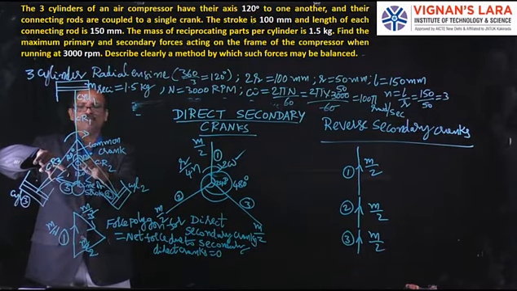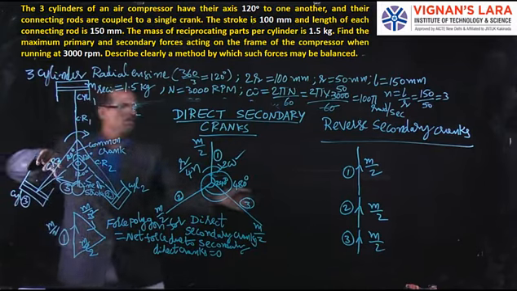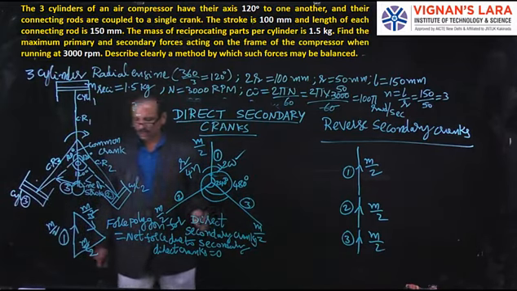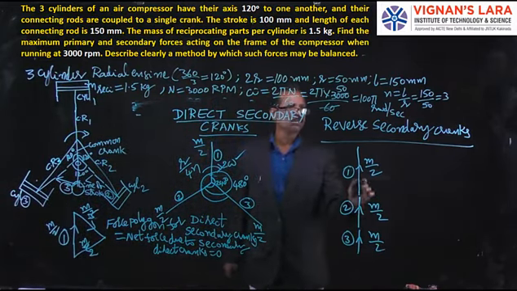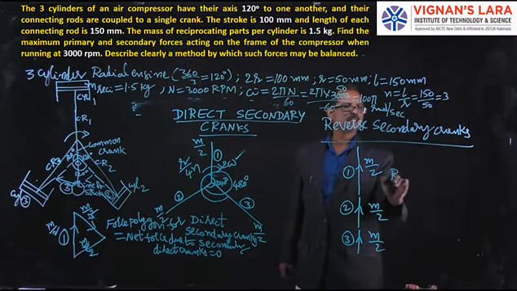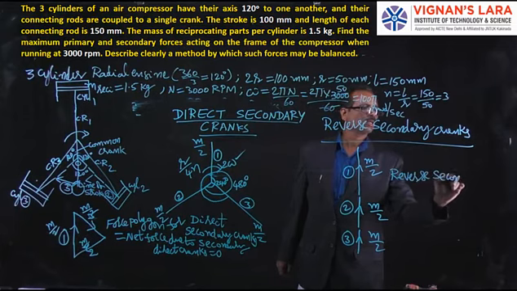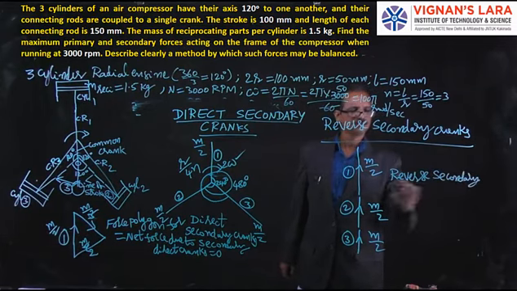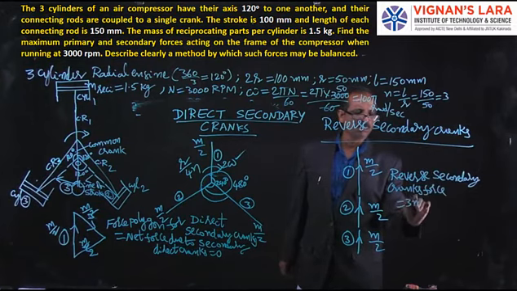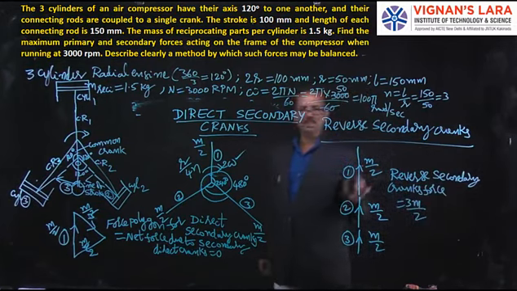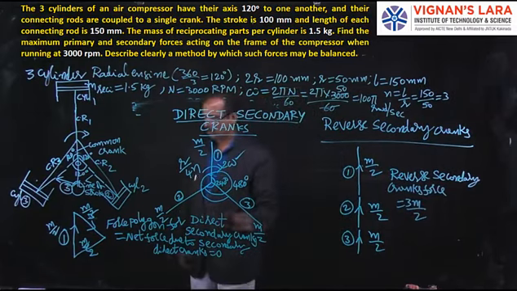If I measure from here 480, then this is 360, then another 120, 480 this. Then the secondary unbalanced reverse secondary crank's force is 3m by 2. That is m by 2, m by 2, m by 2, 3m by 2,